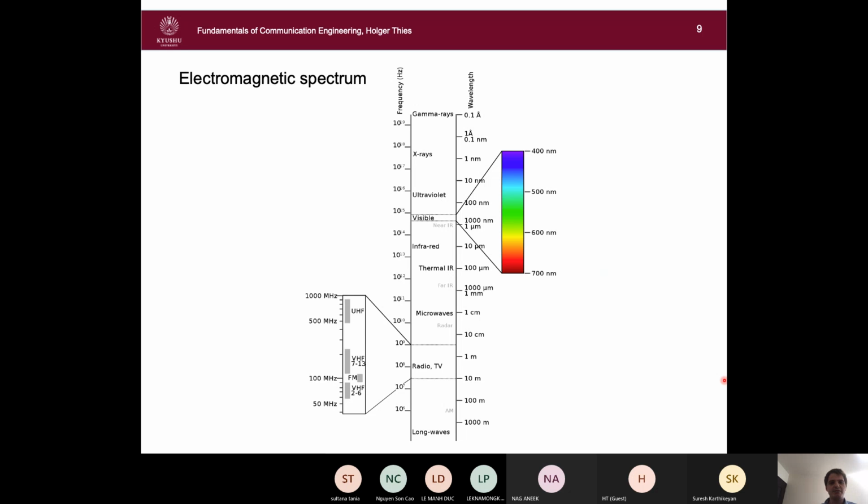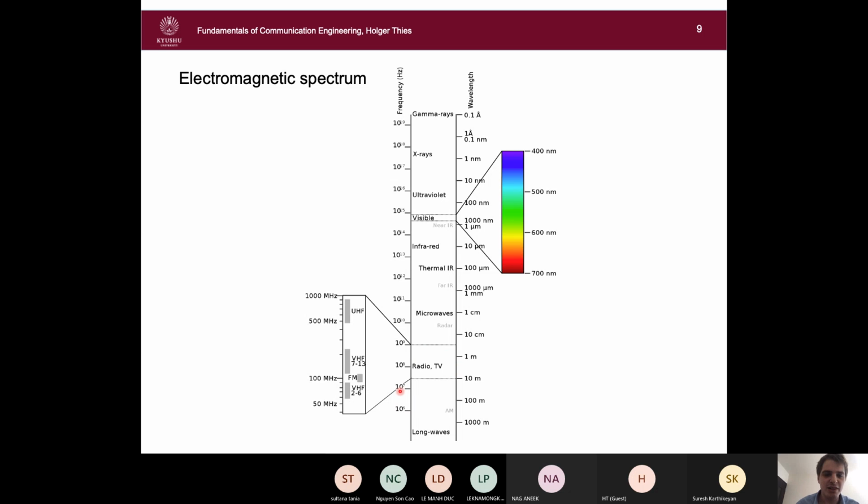And so what are electromagnetic waves even? So for electromagnetic waves, it's important to know a little bit about the electromagnetic spectrum to know what kind of waves there are. So the electromagnetic spectrum is the range of frequencies of electromagnetic radiations. They are differentiated by wavelengths, or as we have just seen, equivalently, they can be differentiated by their frequency. The longest waves are the waves below here. They are called radio waves. They have wavelengths from around 1 meter to up to 1 kilometer. And they are used extensively in communication.